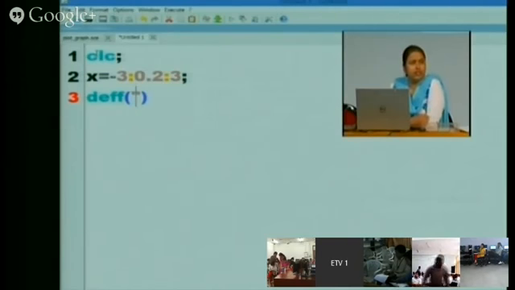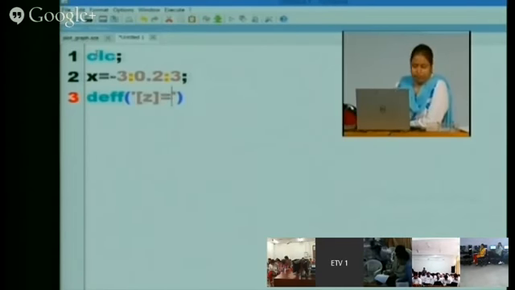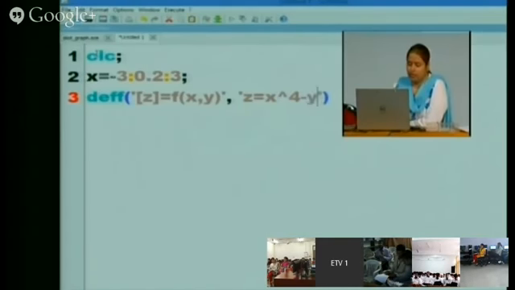This is the function declaration. Then z is equal to x raised to power 4 minus y raised to power 4.